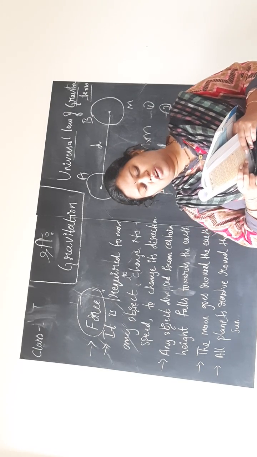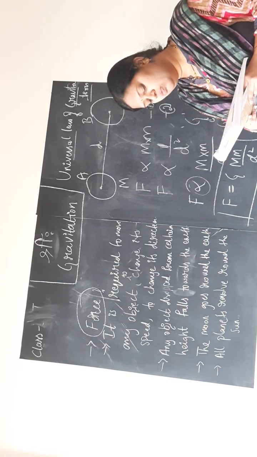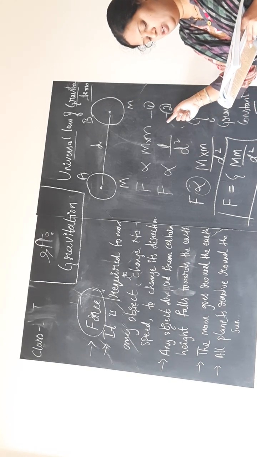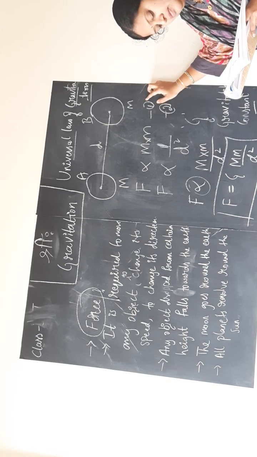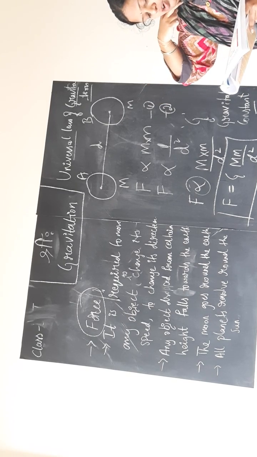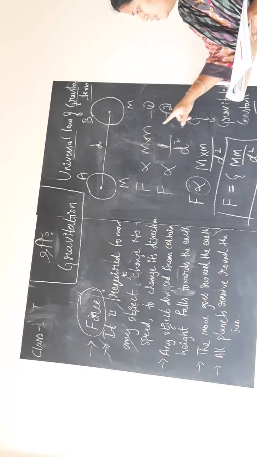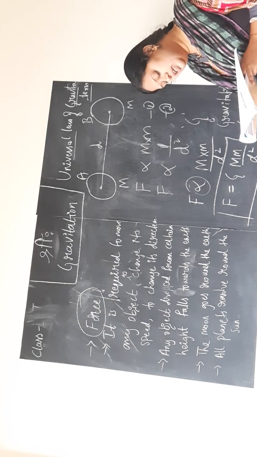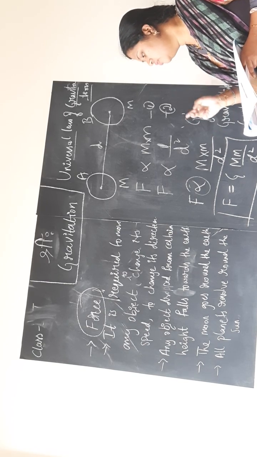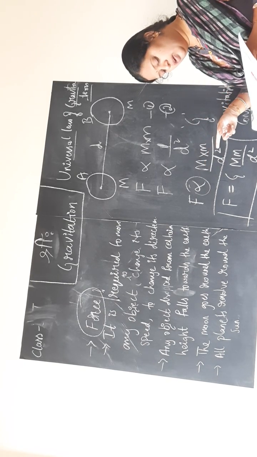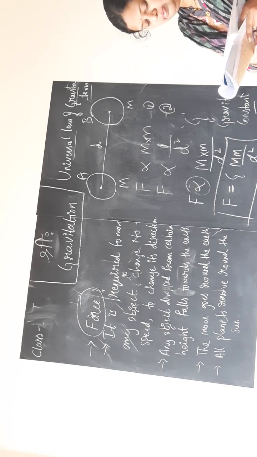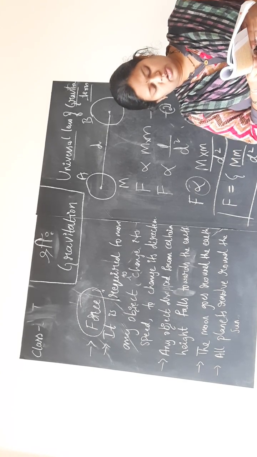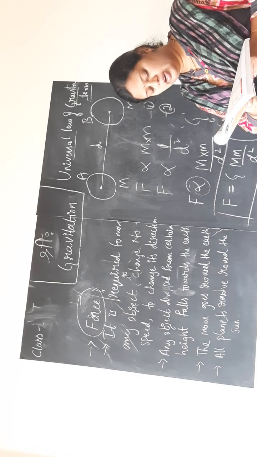According to the universal law of gravitation, the force between the two objects is directly proportional to the product of their masses. That is F is proportional to M into m. They have called it equation 10.1. And the force between the two objects is inversely proportional to the square of the distance between them, F is proportional to 1 by d square. Combining these two equations, what do we get is F is proportional to M into m by d square, or F is equal to G into M into m by d square, where G is the constant of proportionality and is called